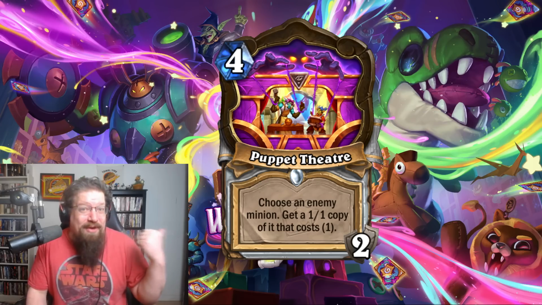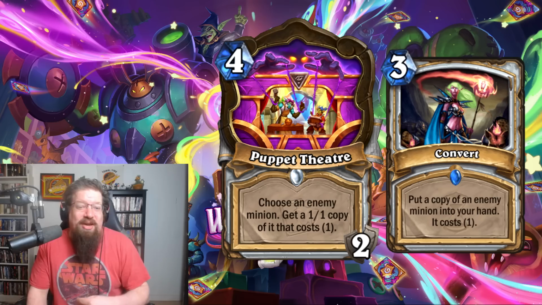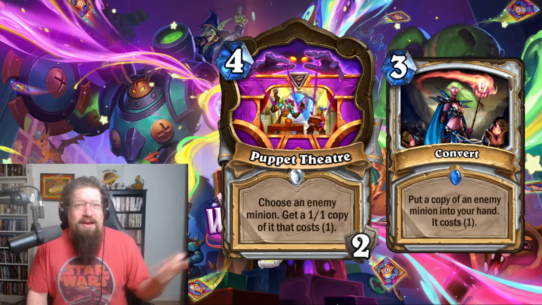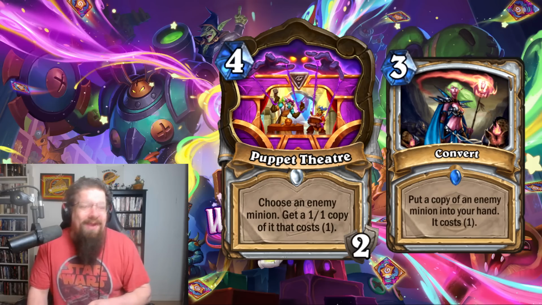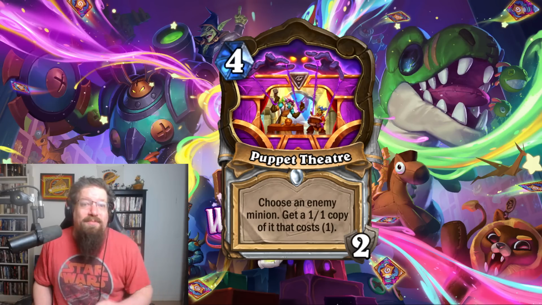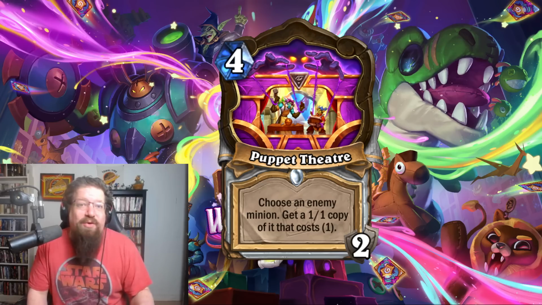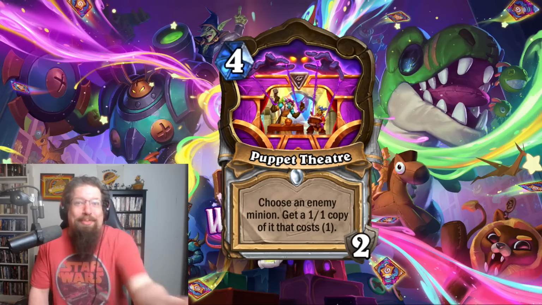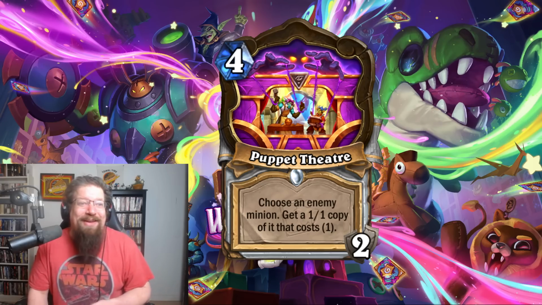Kind of reminds me of Convert, which was like a 2-mana spell. You just got a 1-mana version of it. That got recently buffed. It didn't used to do that. It used to just be a copy, but you know, power creep. So gotta buff it and sees a little bit of play in wild now. But yeah, you can pick a Titan, grab their Titan, get a 1-mana 1/1 version of it and use it. If you're playing Rito Priest, you can steal their Bran and get a 1-mana 1/1 version of it,